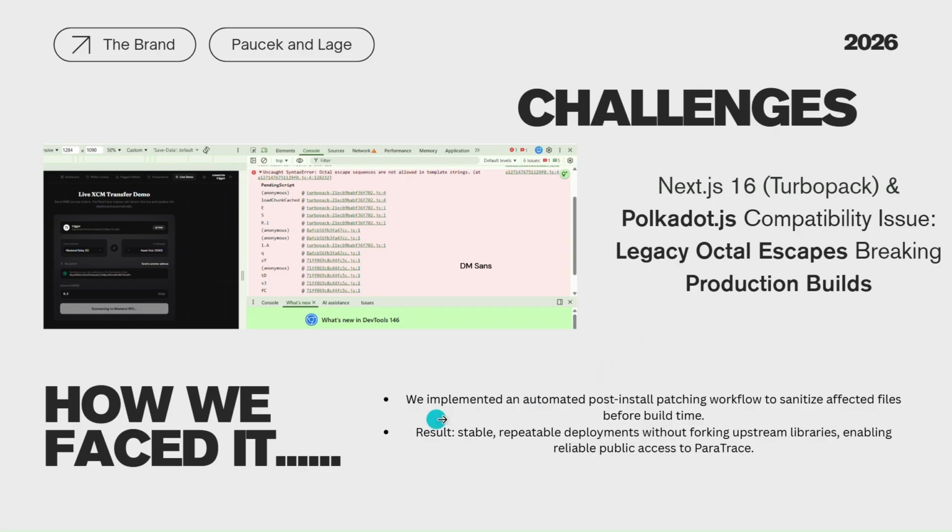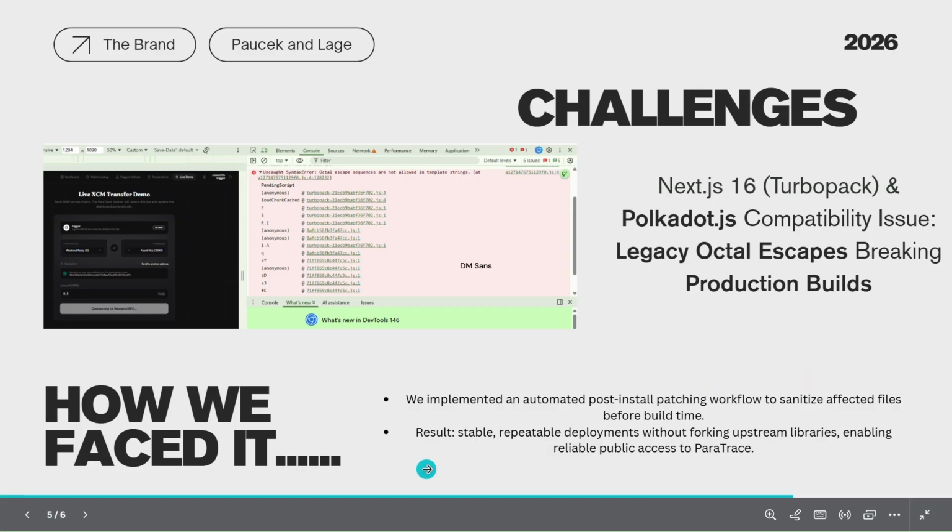We implemented an automated post-install patching workflow to sanitize affected files before build time. This happened while we were using the Next.js 16 Turbopack and the Polkadot.js wallet extension libraries. The issue was legacy octal escapes breaking production builds. We cleared that, and the result was stable, repeatable deployments without forking upstream libraries, enabling reliable